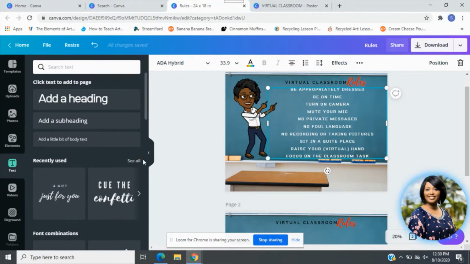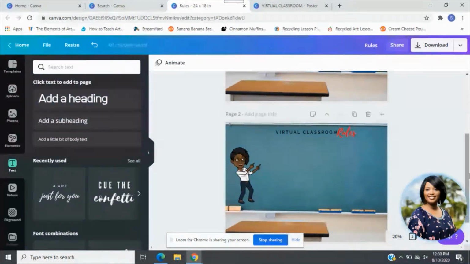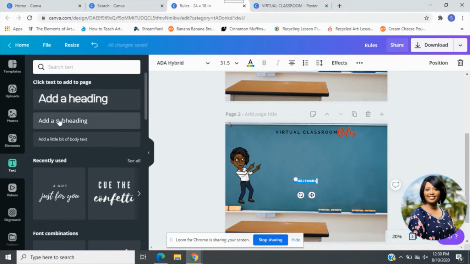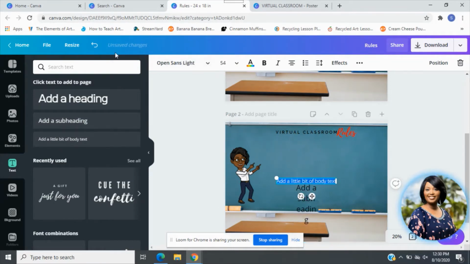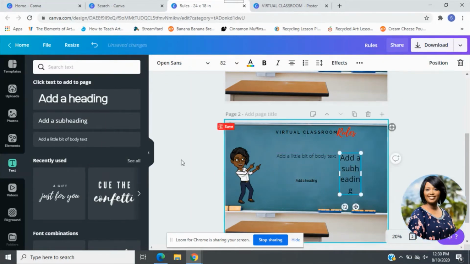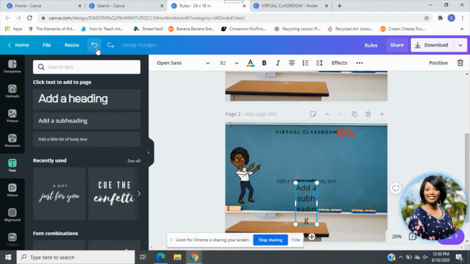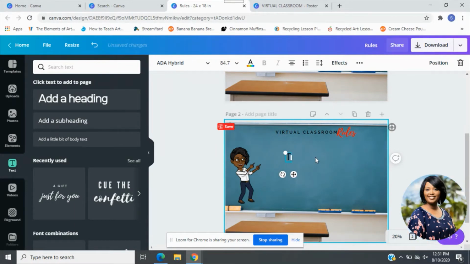But before we go there, how do I actually create my text box from scratch? You have three options. You can select add a heading, add a subheading, a little bit of body text. So you can decide which one of those you would like to use in order to start writing your text. All right, so we're going to undo. We're going to move those. So if I wanted to start writing my text, I would make it a little bigger so I'd be able to see. And then I would type in my words, text goes here,